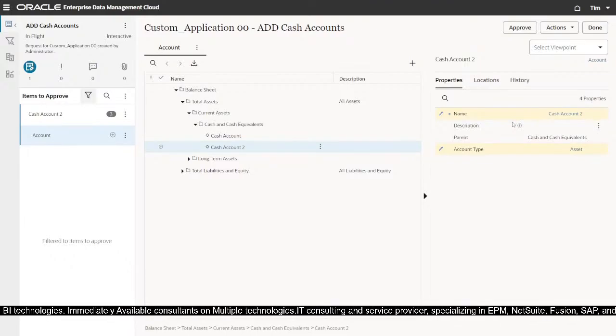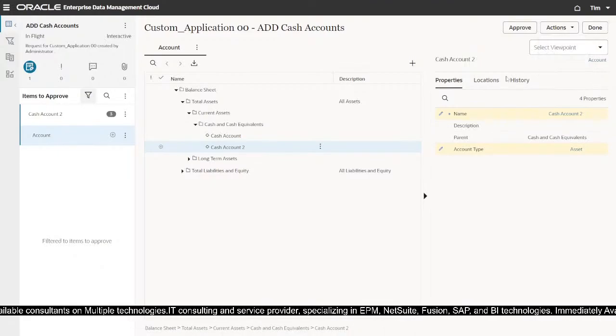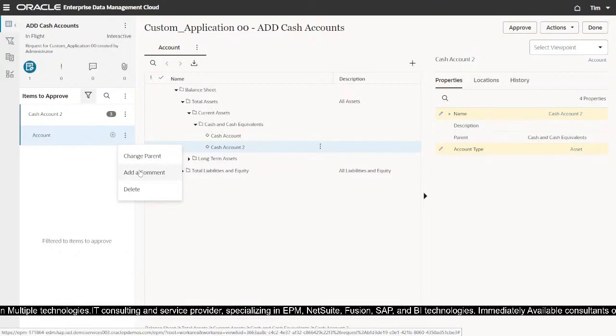Okay, and then we have again actions here to perform, that he can push back or reject. Okay, and all the things you can see. And if you want to add any comment,